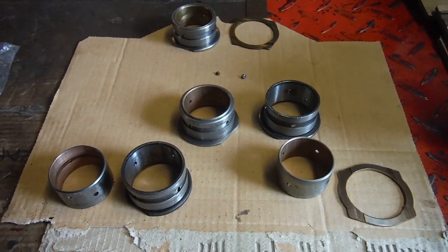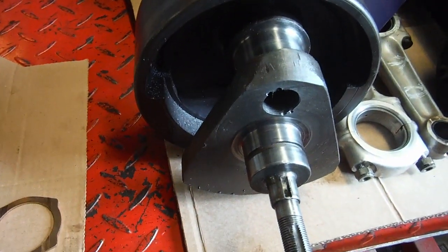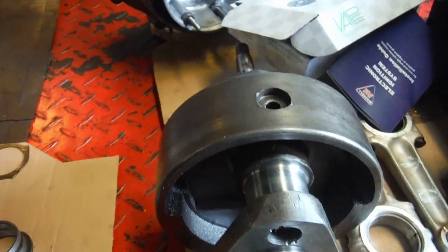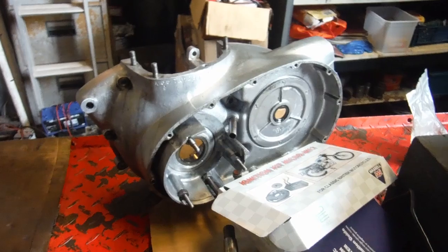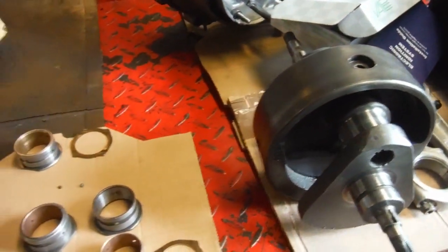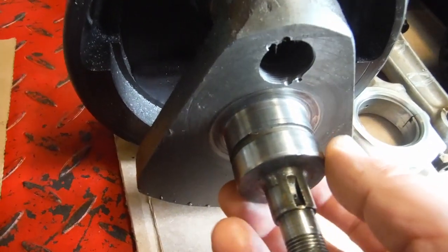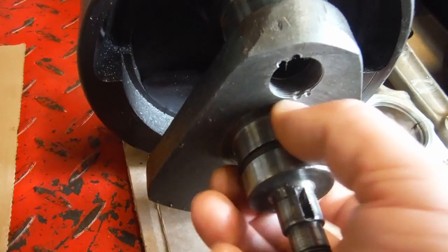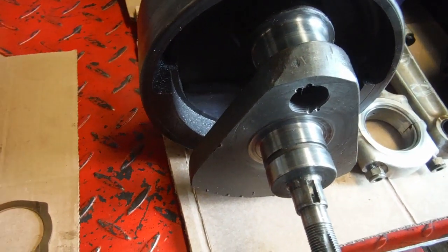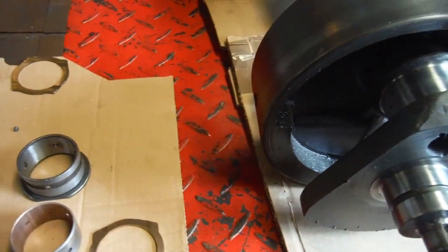Got a bit of a plan coming together regarding sorting out the timing side bush and journal for this BSA A65 engine that I've been working on recently. I've come to the conclusion that the timing side journal on the crank is of standard size, but there's a couple of thou wear on it. Now what I've done